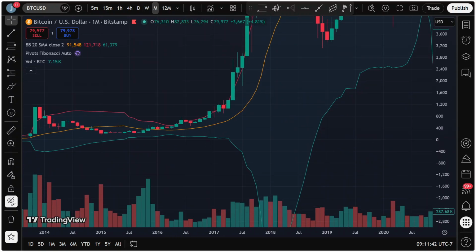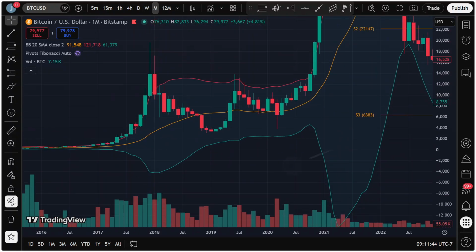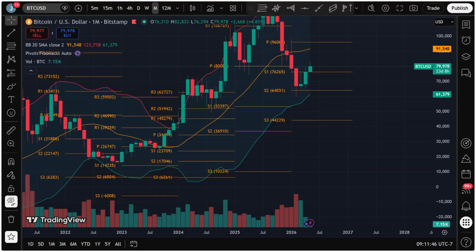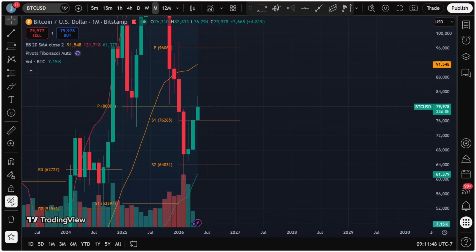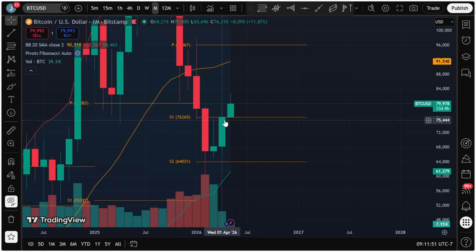We could be seeing something very, very similar here, where what we are waiting for is, we have a higher wick now on May already than we did for April. This is an important signal. Now, again, anyone who's already been following the channel, I talk about the 76.2K pivot in every single video since like February, essentially. This is the super, super important range that we need to get confirmation of as support or resistance before the price is really going to be able to take off and head higher, or need to retest